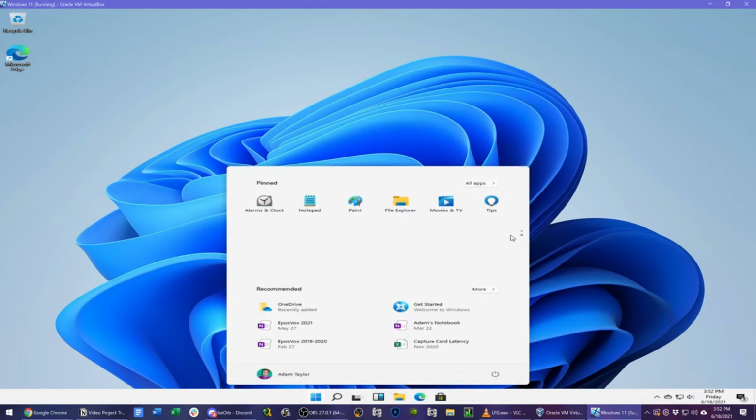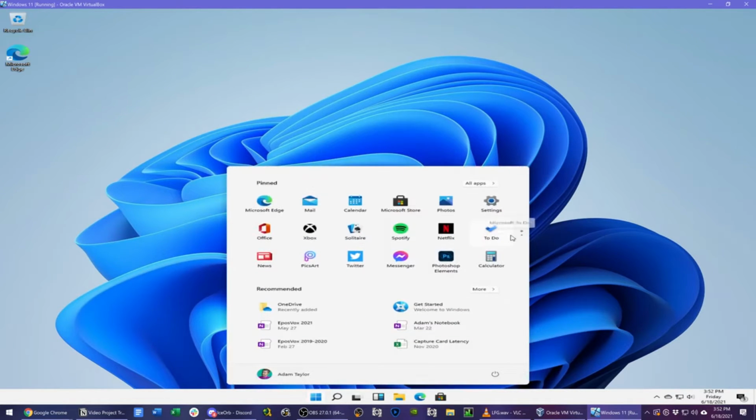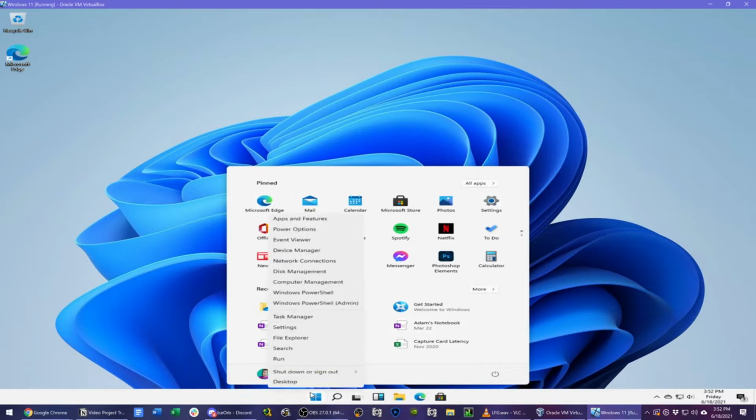When you first installed it, I had posted on Twitter, you get to supposedly choose your ad experience, which ends up just letting you select if you want ads for like gaming or entertainment or whatever. I think that's pretty ridiculous. But you can see the design language they're going for here, which is this rounded edge, kind of more blurred design. They do have, by default, the start menu on the centered spot here, but you can make it